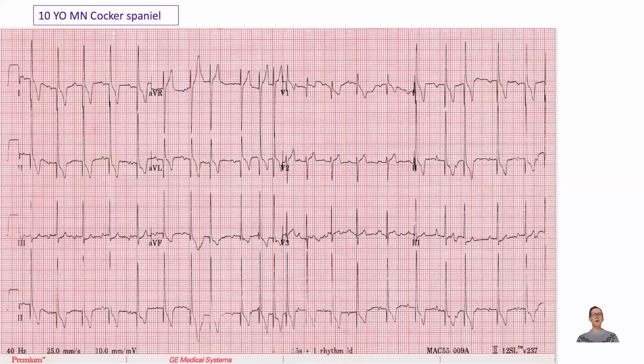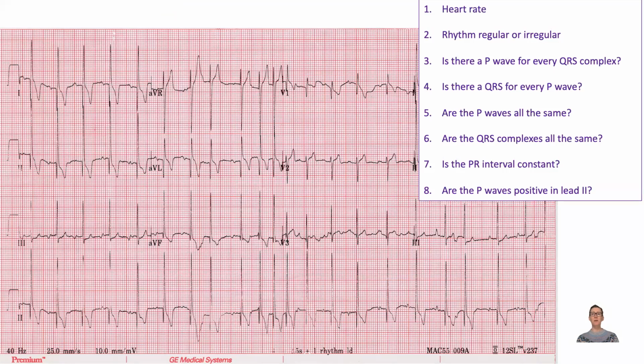Today I'm going to talk to you about an ECG in a 10-year-old male-neutered Cocker Spaniel. So we have a 9-lead ECG in front of us, and again I'm going to focus on the lead 2 rhythm strip on the bottom. Remember our questions, the series of 8 questions that we're going to ask as we go through this in sequence,